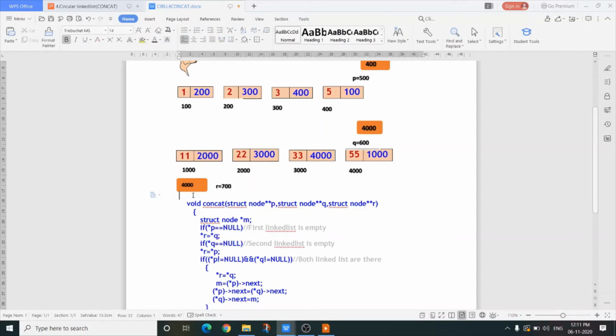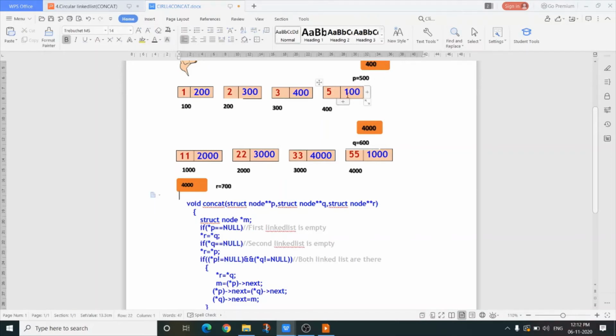Our new external pointer is R. So 4000 stored here. And aim equals to *P arrow next. *P arrow next means what is P? P is 500. *P means 400.